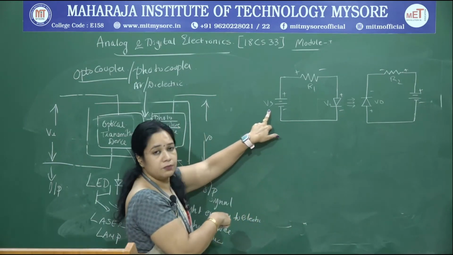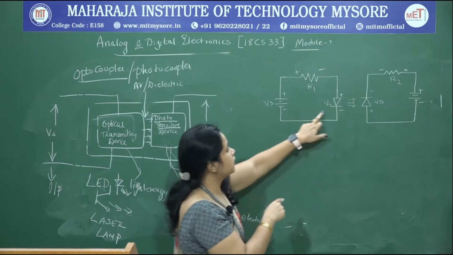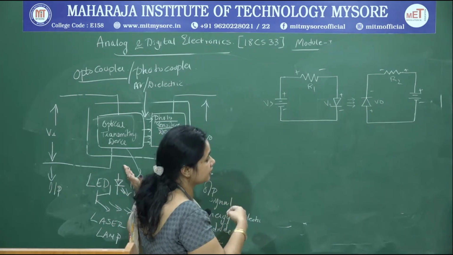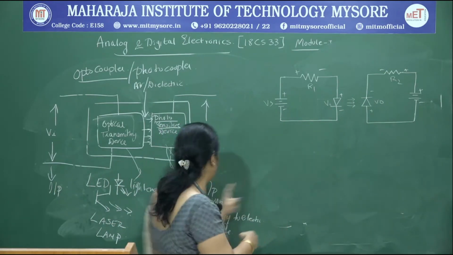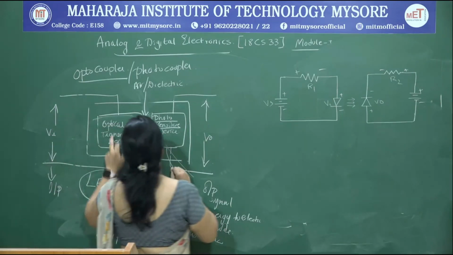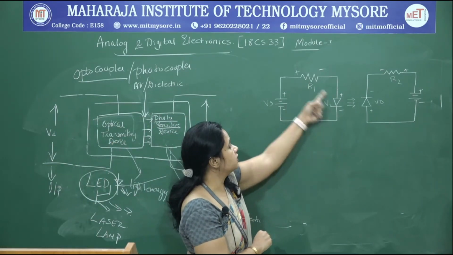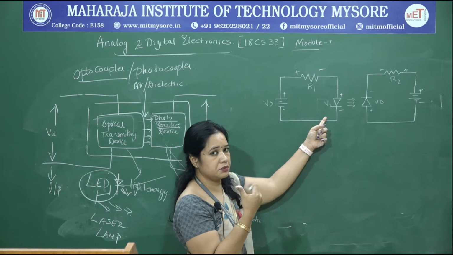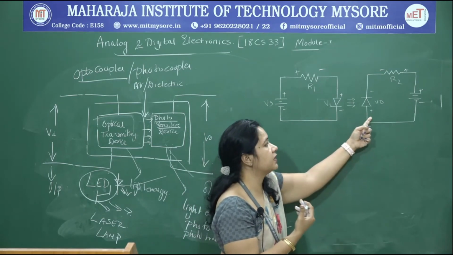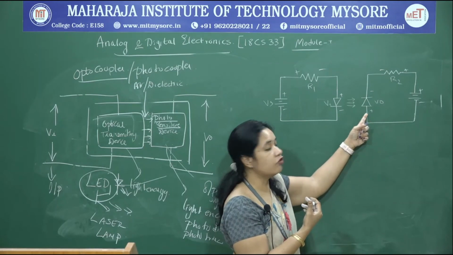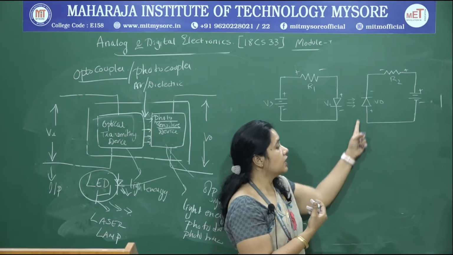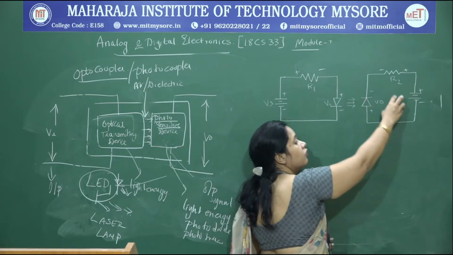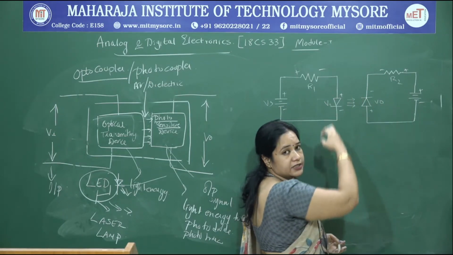So this is the input signal, input electrical signal. Because this is one of these optical transmitting devices, here I am making a choice of an LED. So LED is used as an optical transmitting device here. So this is forward biased. When it is forward biased, what happens? It starts emitting light, and this light is picked up by a photodiode, and this photodiode starts conducting whenever light of sufficient intensity falls on it, and the amount of current flowing in the circuit depends on the light intensity falling here.